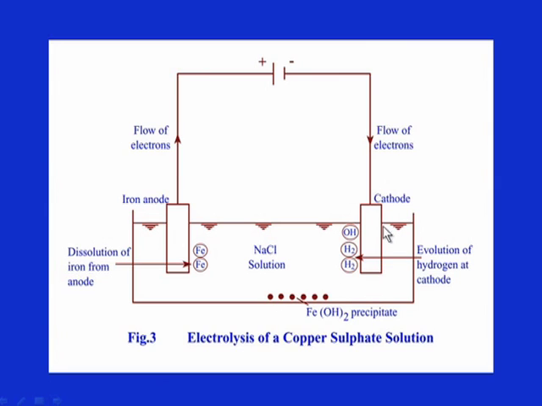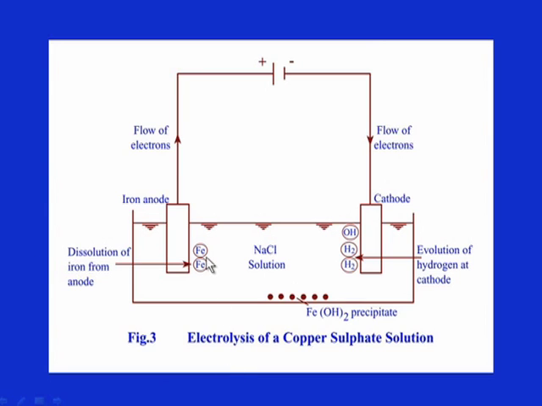And on the cathode, the water gets dissociated into OH ions and hydrogen ions. Hydrogen gas bubbles are evolved and they go away,